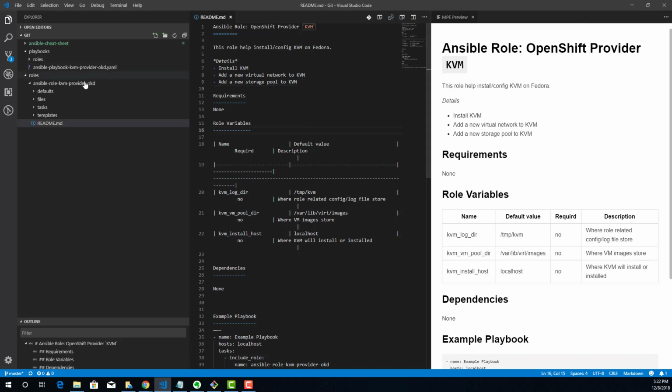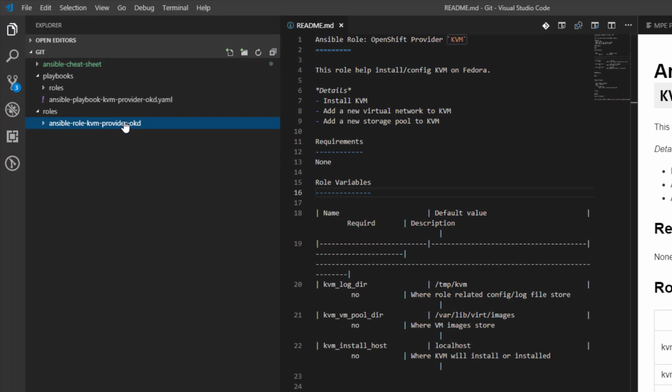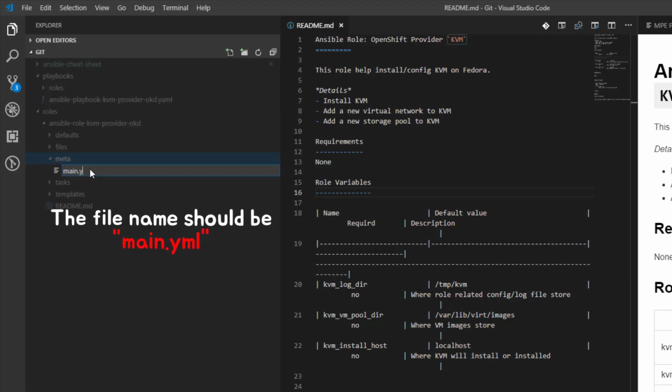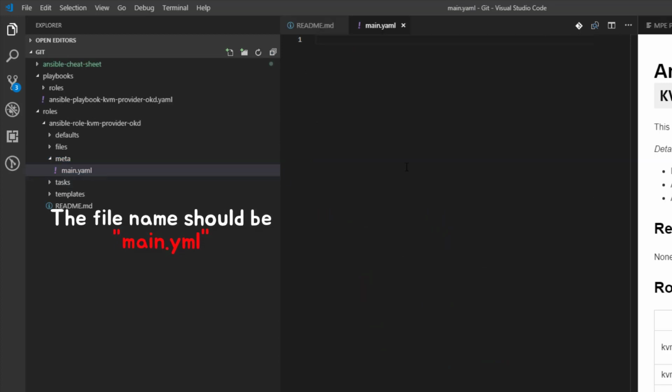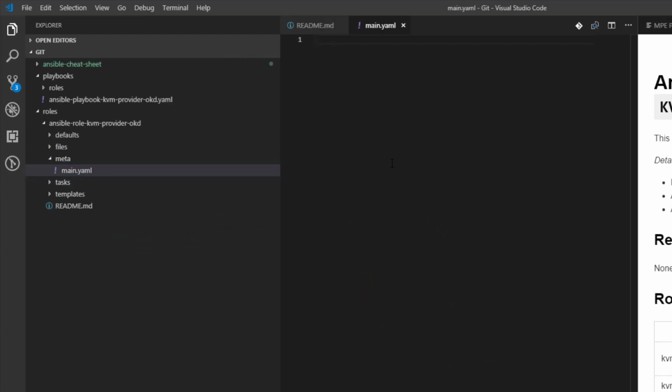We will create the meta file that is for the Galaxy Role. Ansible Galaxy uses the metadata to provide information to many people. So first, I'm going to create a folder, meta. After creating the directory, I will create a file that should be main.yaml, and I already prepared that as